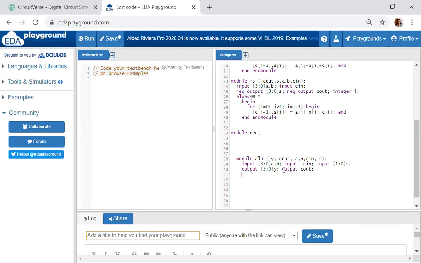Now we have to do it using the gate level model. So in the gate level model, first we have to give it to the decoder. Decoder I have not written; we have to write it. What are the inputs you're going to give to the decoder? Okay, what will we get as the output of the decoder? Output of the decoder, say we'll get signals P0, P1, P2 and P3. This is the output of the decoder. What is the input to the decoder? We are going to give select lines to the decoder. 1 down to 0 S. This goes to the decoder.